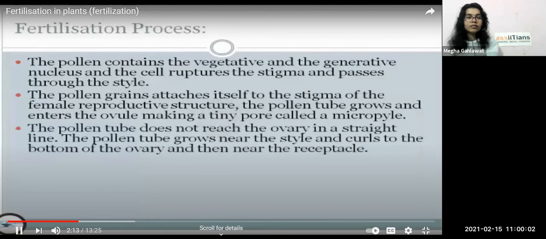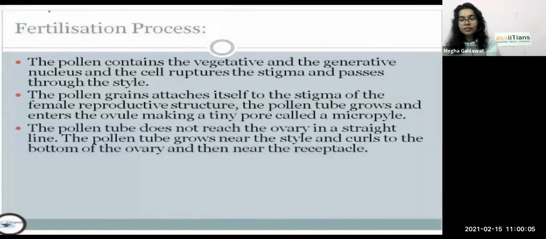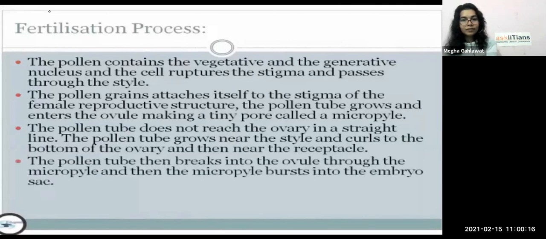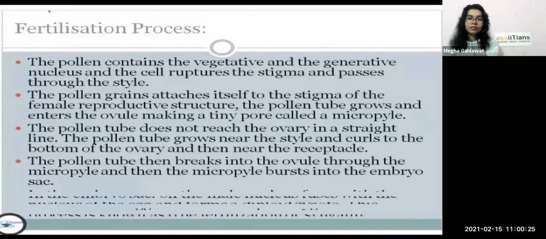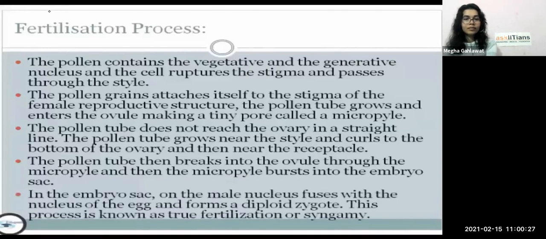The pollen tube does not reach the ovary in a straight line. The pollen tube grows near the style and curls to the bottom of the ovary and then near the receptacle. The pollen tube then breaks into the ovule through the micropyle, and then the micropyle bursts into the embryo sac. In the embryo sac, one male nucleus fuses with the nucleus of the egg and forms a diploid cell,